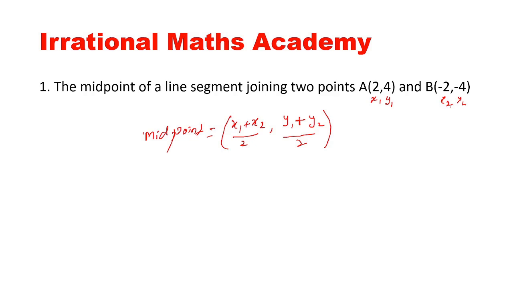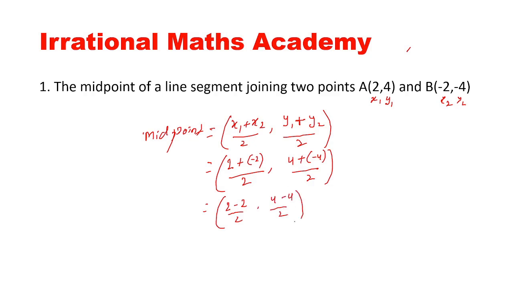Focus on the procedure. So just now what will we do? We'll substitute the x1 and x2 values. Here the x1 value is 2 plus the x2 value, minus 2, by 2. The y1 value is 4 plus the y2 value, minus 4, by 2. Now, 2 plus minus 2 by 2 comma 4 plus minus